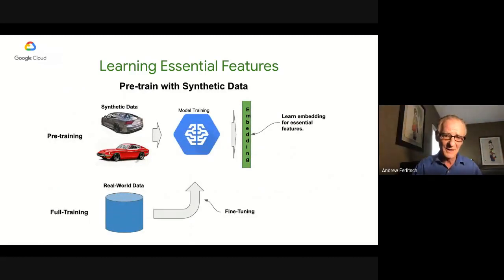So let's talk about synthetic data, how it helps us. Let's say you have a data set of images of cars and you're training it to learn make, model, and year. Well, what we really want is, do we want to pre-train our model to learn what are the essential features of something even being a car? And so what we would start with is synthetic data of cars, and we would train the model with